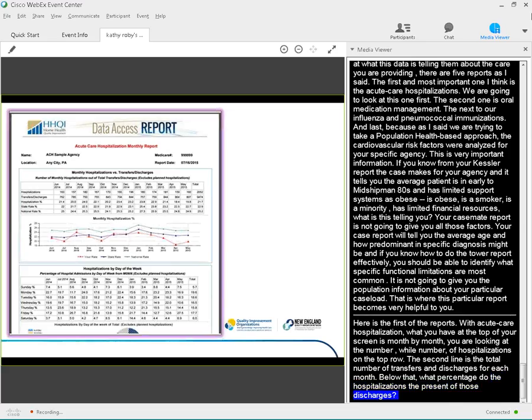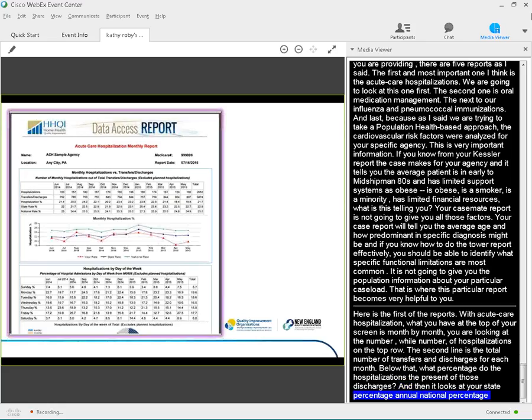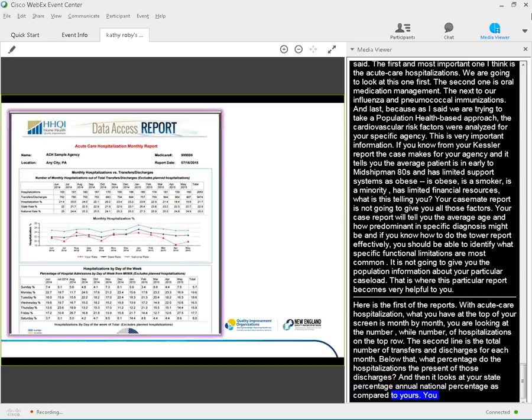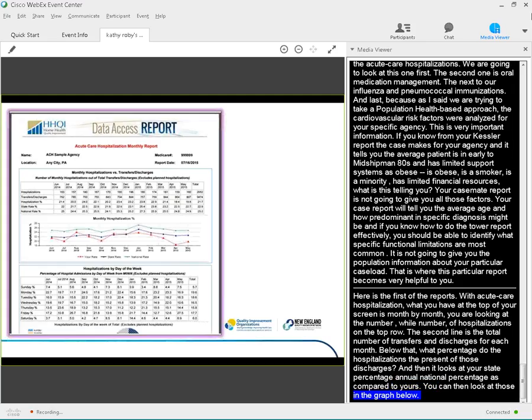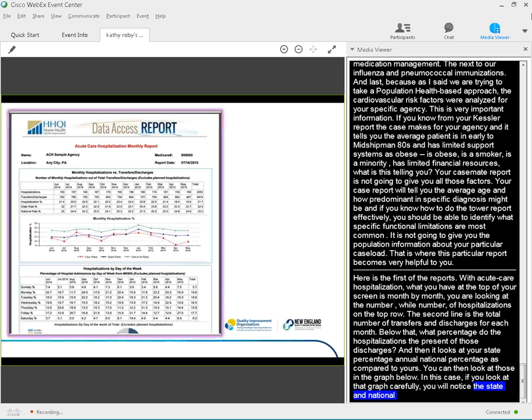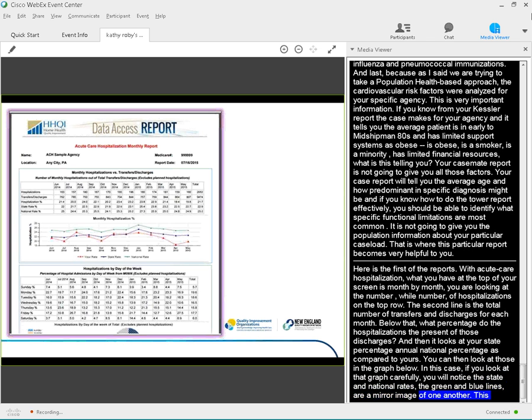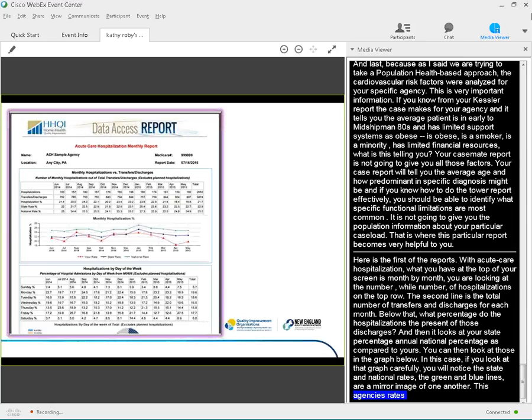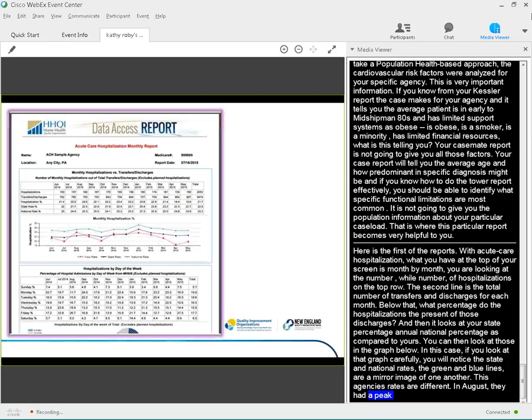You can then look at those in the graph below. In this case, if you look at that graph carefully, you're going to notice that the state and national rates, the green and blue lines, are a mirror image of one another. But this agency's rates are different. In August, they had a peak high. In April of 15, they had a very precipitous drop, which they weren't able to hold on to too well,